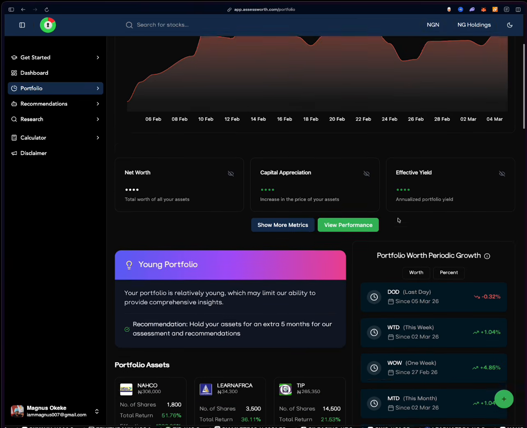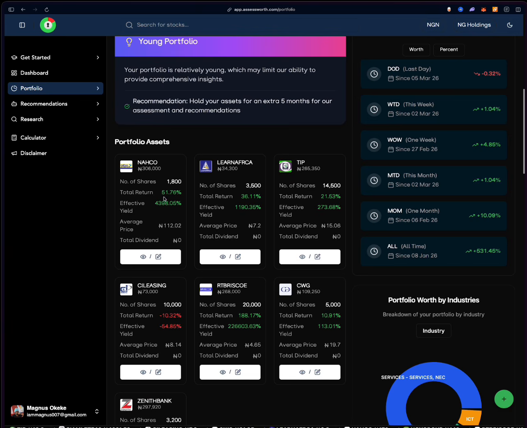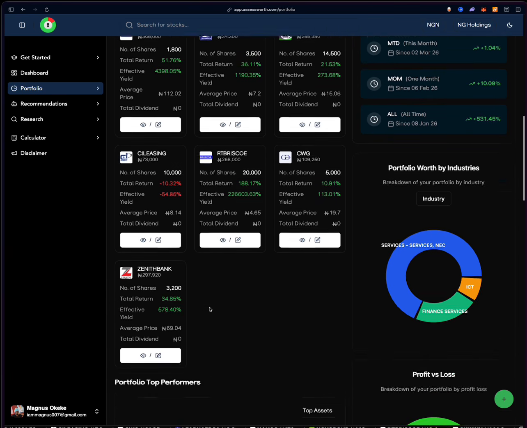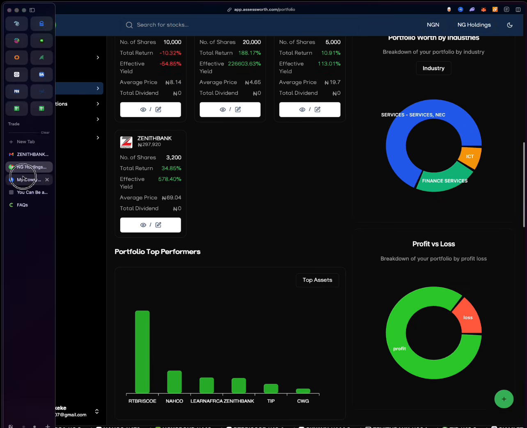It will give me a proper breakdown of the portfolio and everything. It will also show me the stocks that I have in my portfolio and how they have been doing with time, right? So for just tracking your portfolio in general, you can be like me and just sum up the total number of shares of an investment you have. I have 14,500 shares of TIP in my Invest Niger account, not even in my Cowrywise. I also have Zenith Bank in my Invest Niger, as you can see, not even on my Cowrywise,